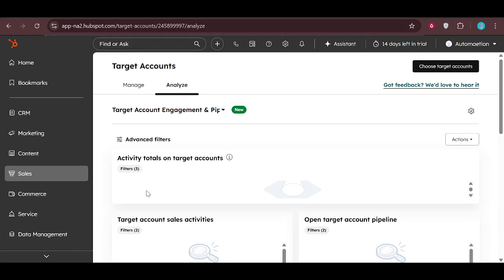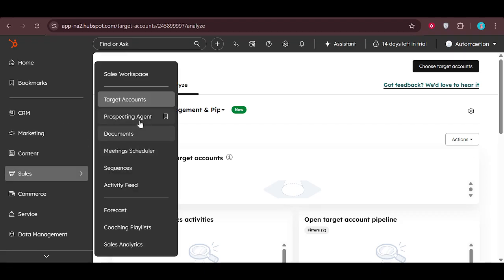To get started, head into HubSpot and look for the main navigation at the top. From there, hover over or click on CRM, then select Companies. Inside the Companies section, you'll see an option called Target Accounts. Go ahead and click on that. This is where HubSpot gives you a focused view of the companies that matter most for your sales and account